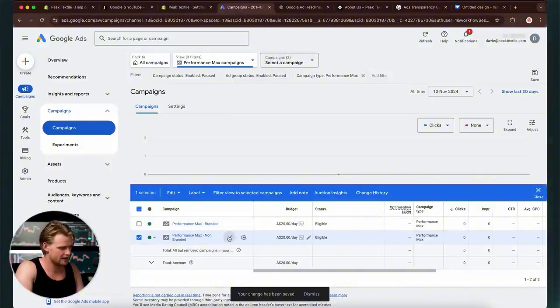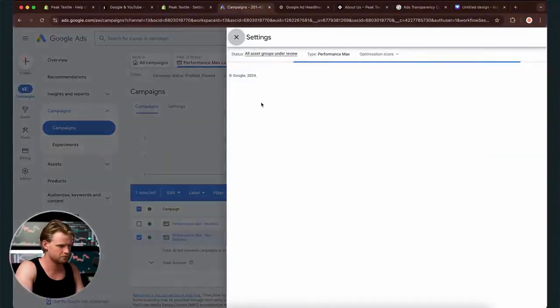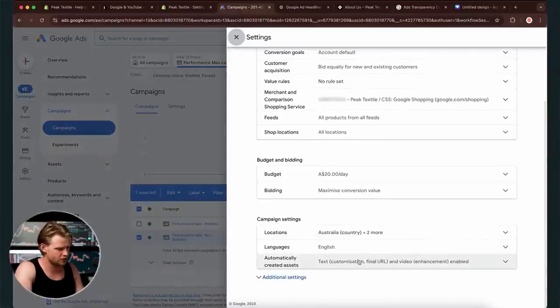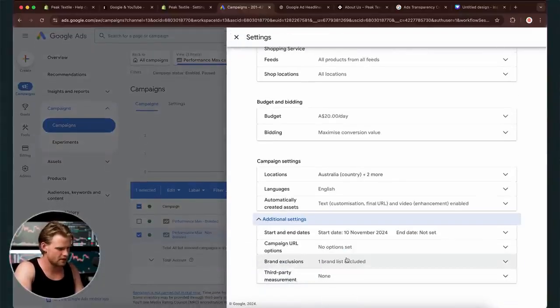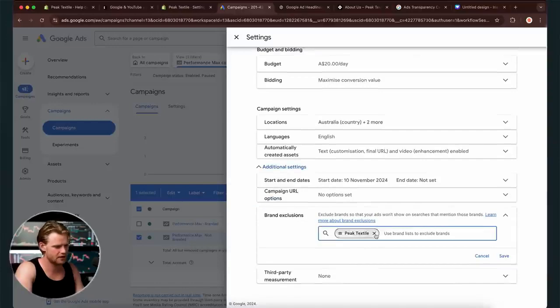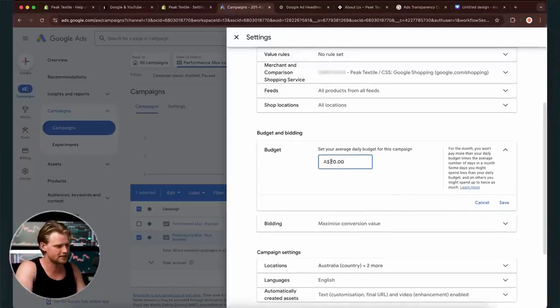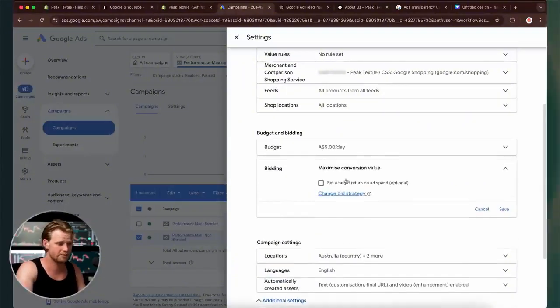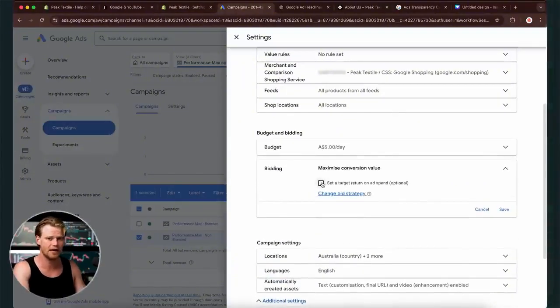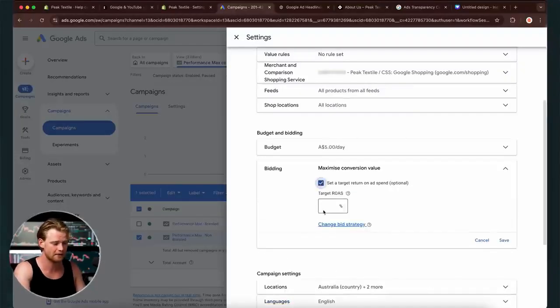Then I'm going to edit the campaign. I'm going to come down to additional settings and click this brand exclusions. I'm just going to remove that and click save. Now, one thing I could do is come into budget and bidding and change this to be far less budget, $5 a day. And I also could come into this and change the target return on ad spend, like I was talking about before, to a much higher level, like 2, 3, 4 times the amount that this one is getting targeted at,